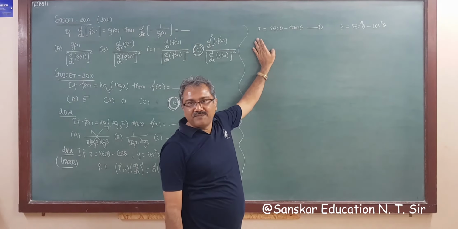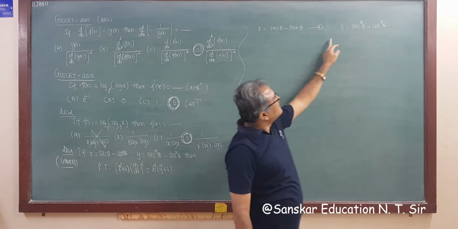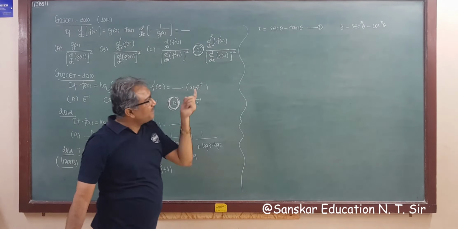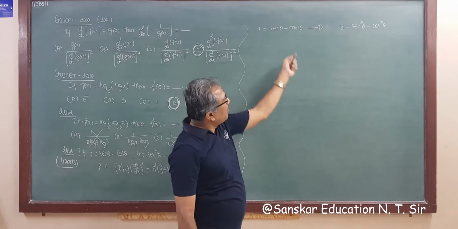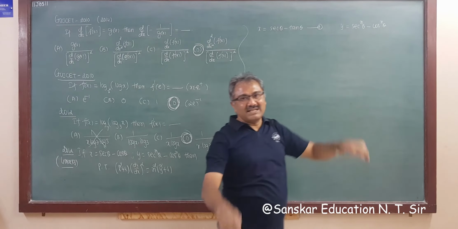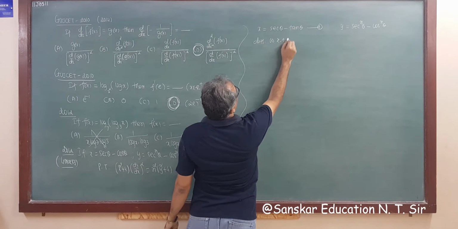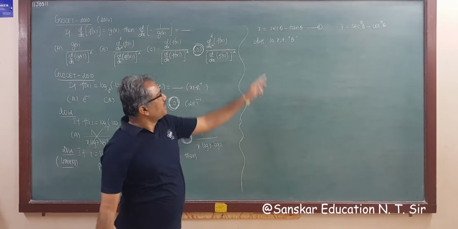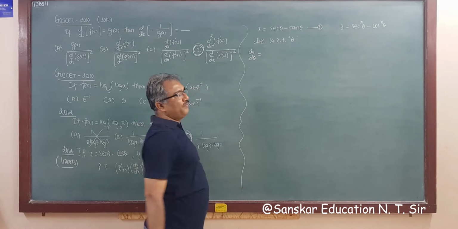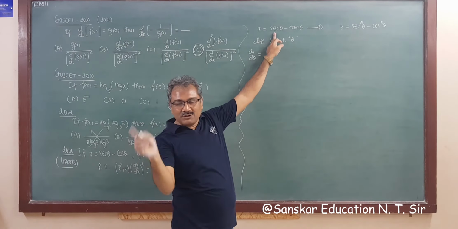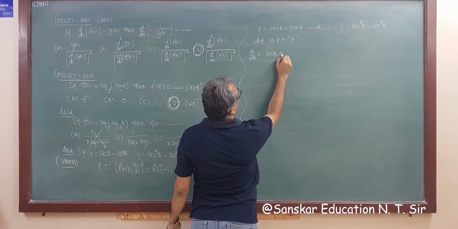x is equal to sec theta minus cos theta, and y is equal to sec raised to n theta minus cos raised to n theta. So this is the parametric equation, and derivative of a parametric equation means x is a function of theta, also y is a function of theta. So we have to differentiate with respect to theta, right? So differentiating with respect to theta, dx by d theta is equal to, now derivative of sec theta is sec theta into tan theta. So the answer of this is sec theta into tan theta